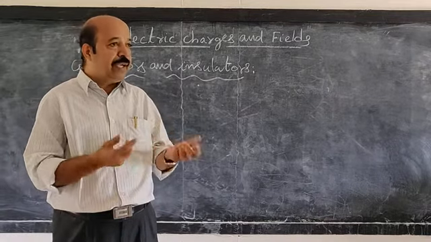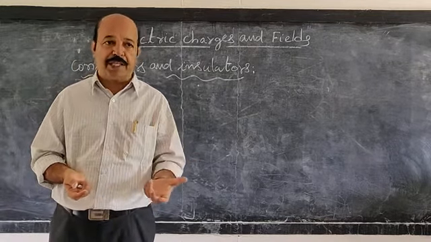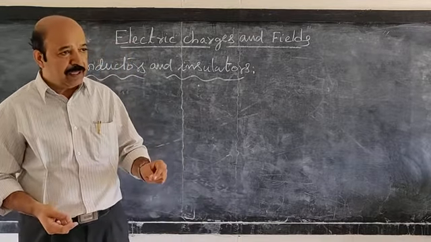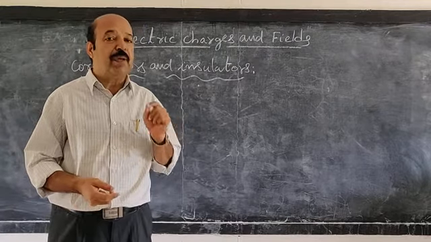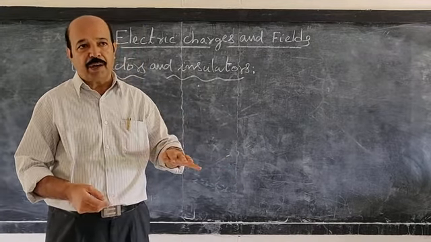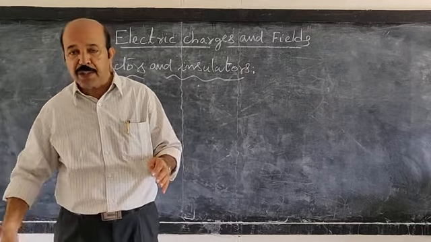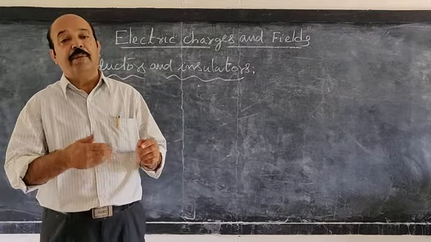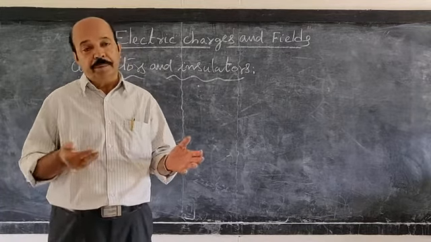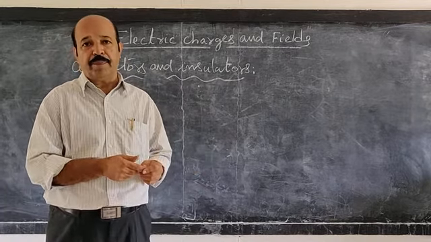Now, when you do it with a metal object like a spoon or a metal rod, when you rub it, electrification cannot be observed because the charges developed on such bodies will flow through our body to the earth, or they may get neutralized due to the charges flowing from the earth to the body.